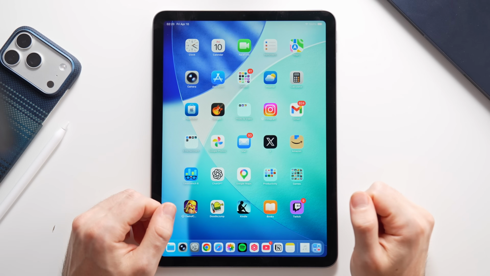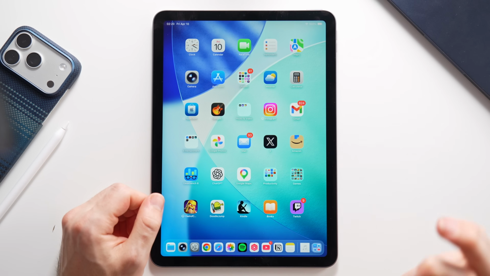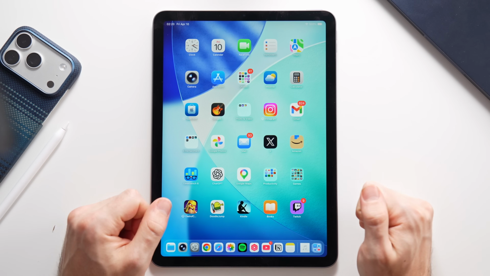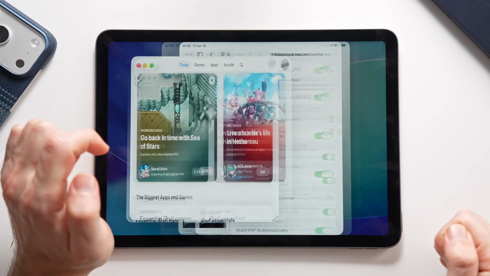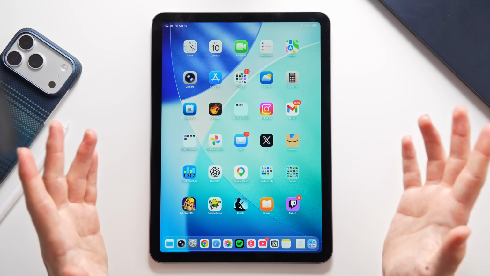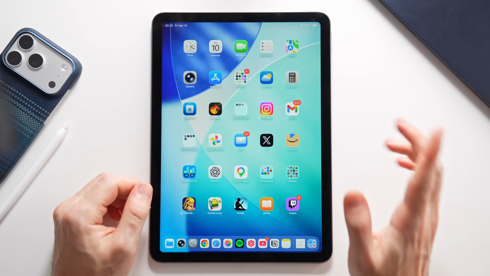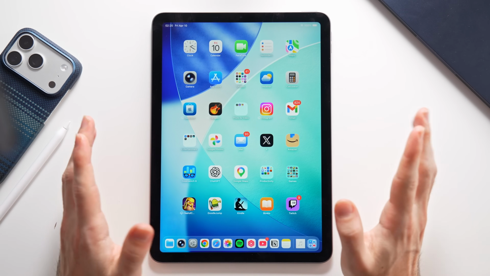Welcome back, I'm George, and in this video I'm going to show you the first things you need to do on your new iPad Air M4. I've got functionalities, I've got customization settings, and much more. So that being said, and without further ado, let's begin with the first thing you need to do on your